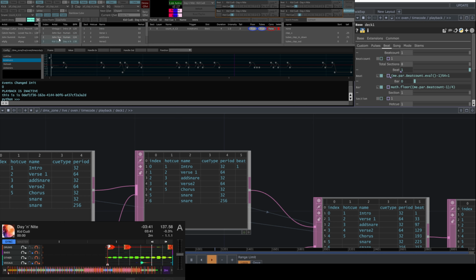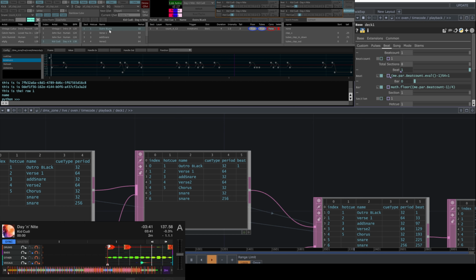If I click through the songs of my UI, I can then also address each of these sections. So we're in Kid Cudi right now, and if I change the name of intro to outro, I like to use colors just to make sure that I can see that it's changed. Outro black.